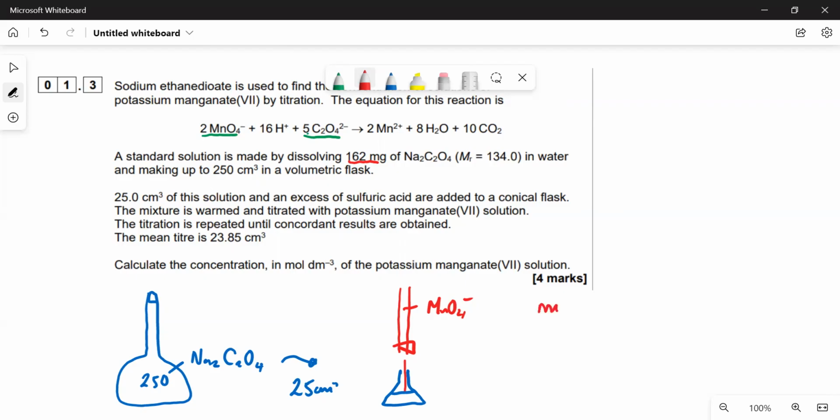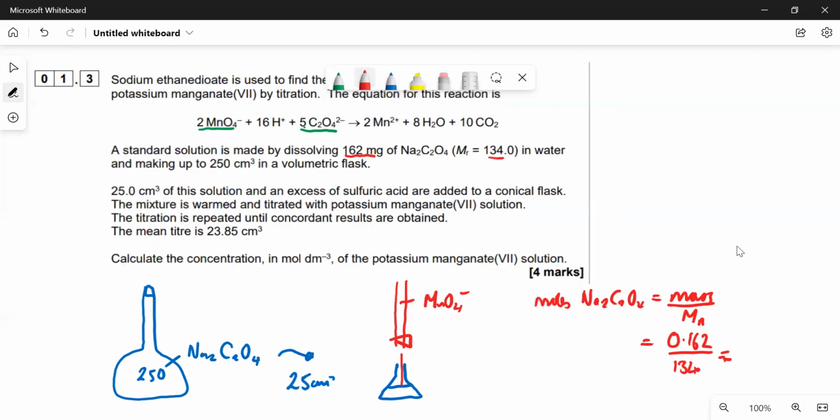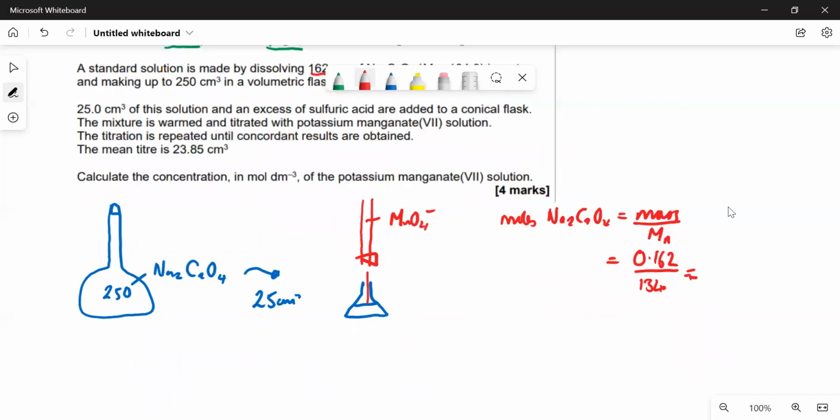So moles is equal to mass over Mr. The mass is 162 milligrams, so that's 0.162 grams. And the Mr, they tell us, is 134. So that works out to be 1.208 times 10 to the minus 3 moles, and that is in 250